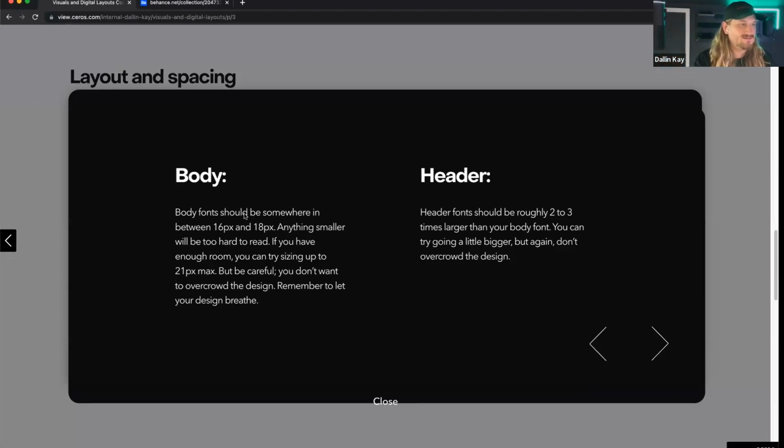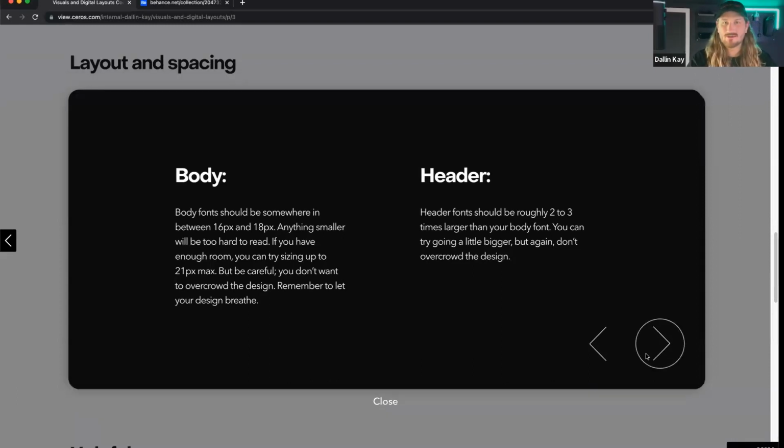So for body fonts, between 16 and 18 pixels, great, somewhere in there. Headers should be roughly 2 or 3 times larger than your body font. You can try going a little bigger, but again, don't overcrowd the design. I like to use really big headers when I have space for it. But as a rule of thumb, your header should be about 2 or 3 times the size of your body font. So if your body font is 16 pixels,